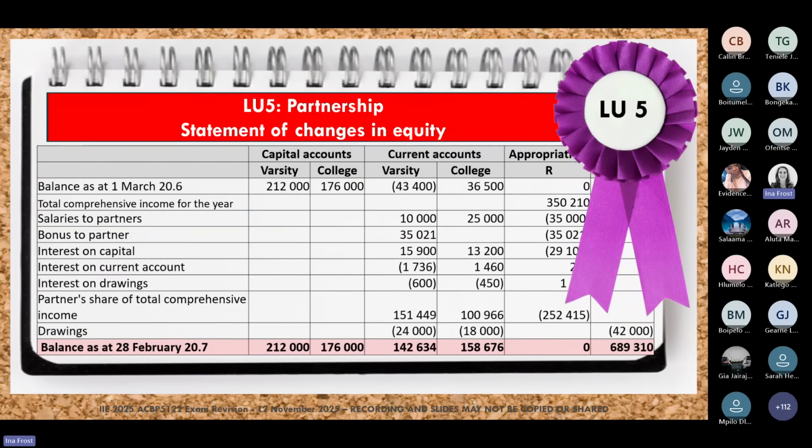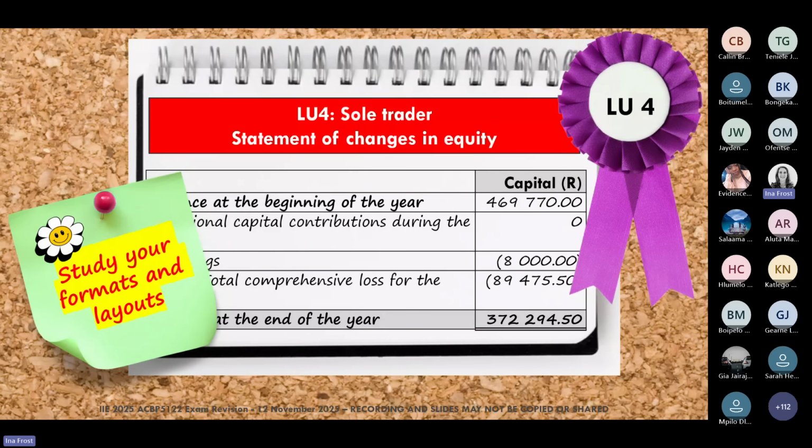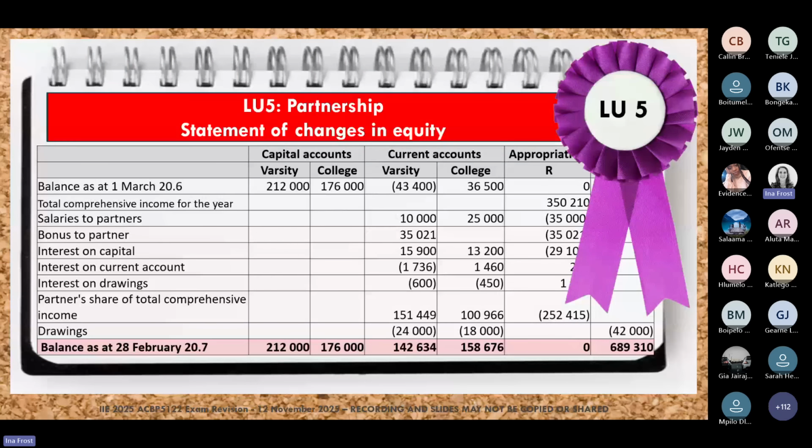But a partnership also has a statement of changes in equity. And you can see this one is quite a bit more onerous than our little simple statement that we have for our sole trader. So please, you have to make sure that you can also do this statement of changes in equity in a partnership. So in the partnership then, we're going to have a column for the capital contributions. And you can see these are the original capital the owner contributed to the partnership, or the partner rather.